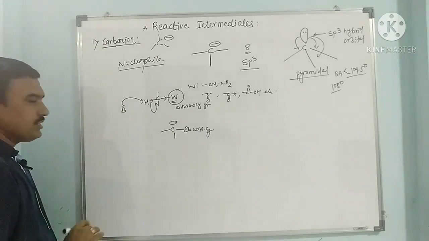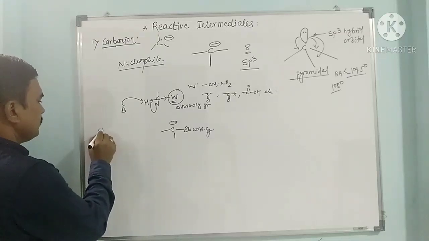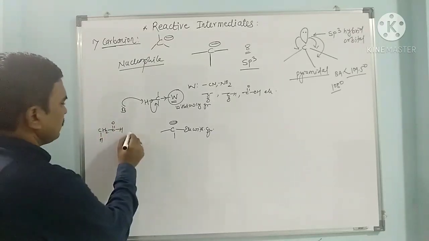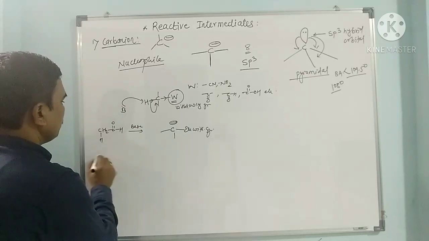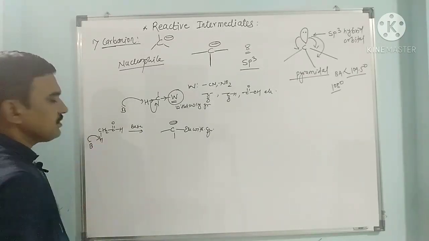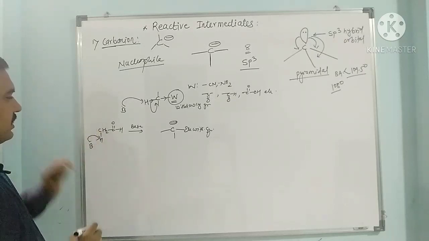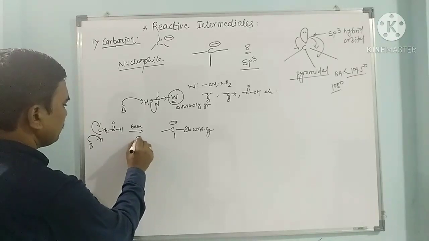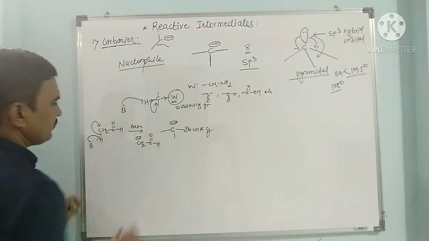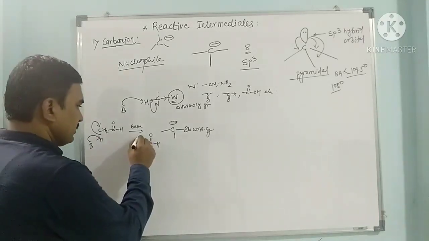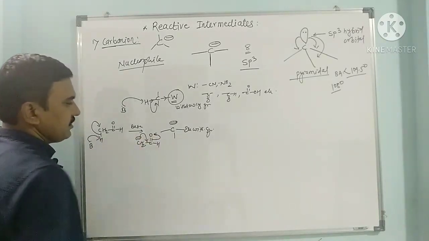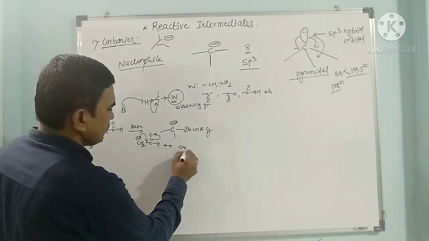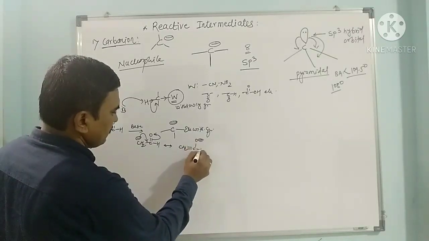Here we have to see one example of its formation. When we have CH3-CHO, acetaldehyde, and it reacts with a base, the base accepts this alpha hydrogen. The carbonyl's adjacent carbon is called alpha, and the electron density goes to this carbon. So we get CH2 minus and C=O with H. Why do we get this carbanion? Because it gets stabilized by the resonance effect. So this carbanion is converted into the enolate, CH2=C-O minus and H.